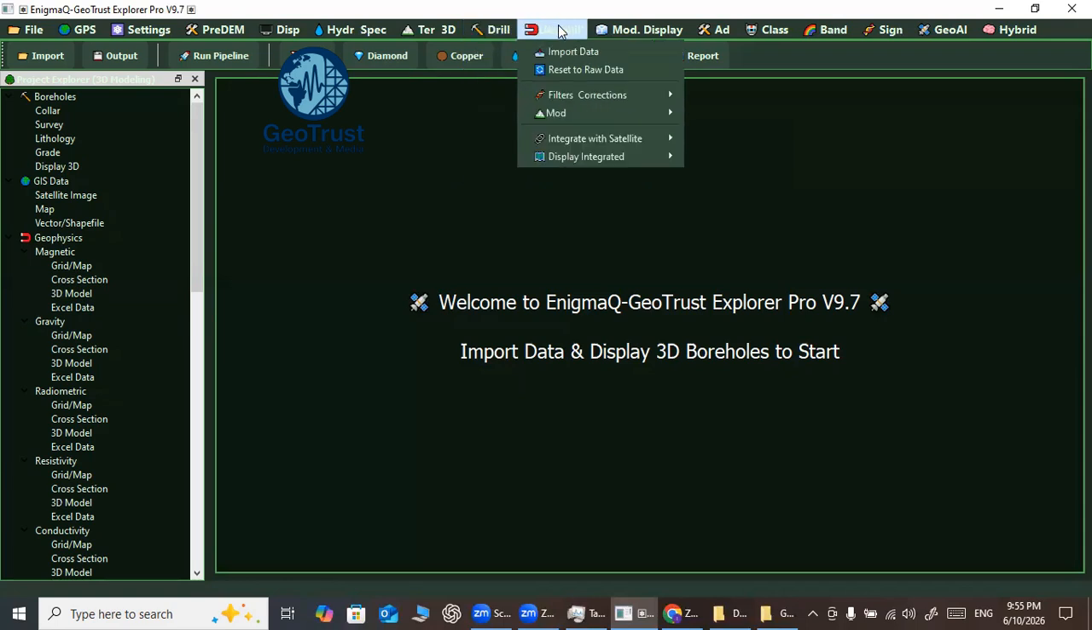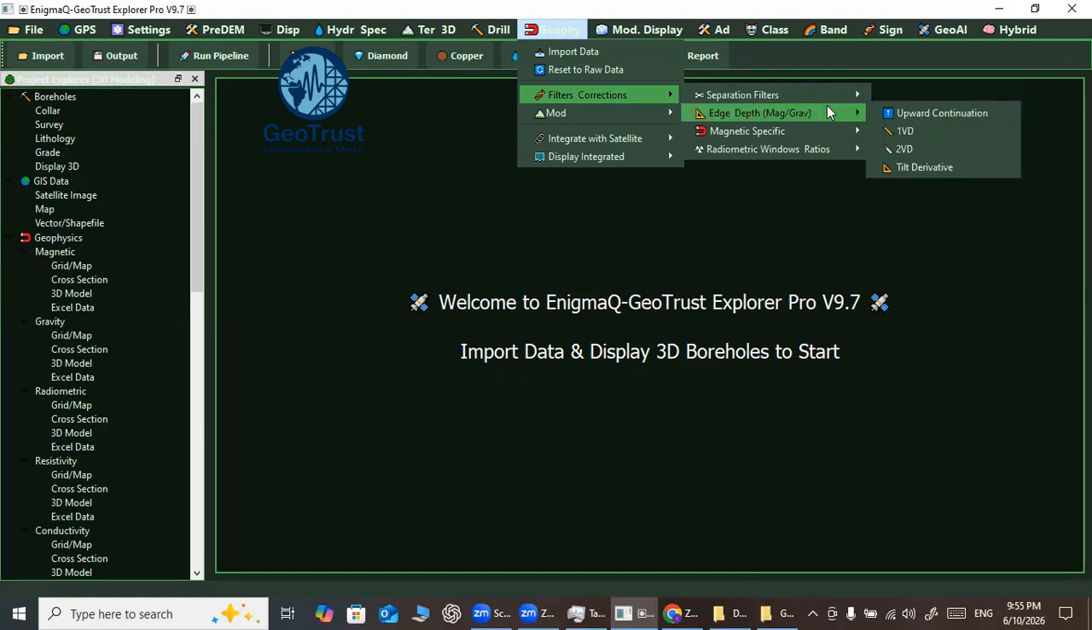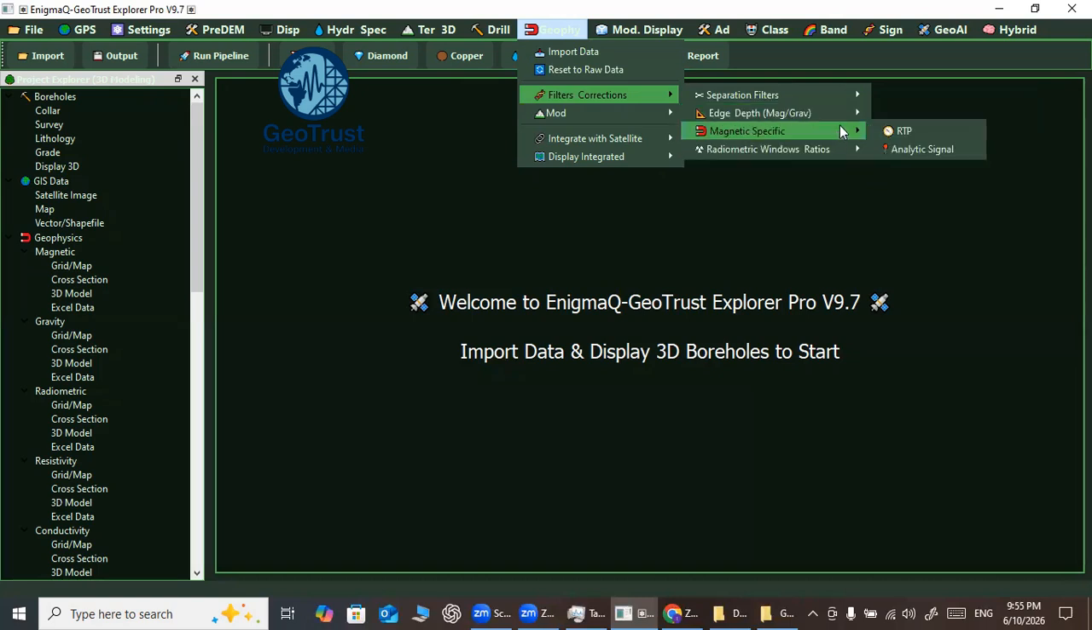Geophysical is an important menu containing importing geophysical data or filters, different filters for geophysics. For example, separation filters for magnetic and gravity, separation of regional anomaly and residual anomaly, edge and depth filters for magnetic and gravity, upward continuation, first vertical derivative, second vertical derivative, tilt derivative, specific magnetic filters, including reduction to single pole,